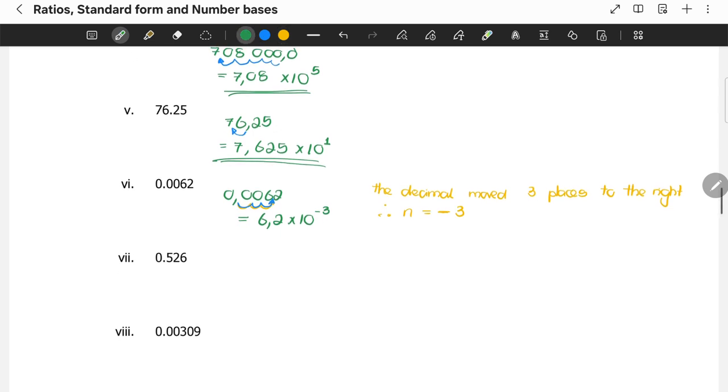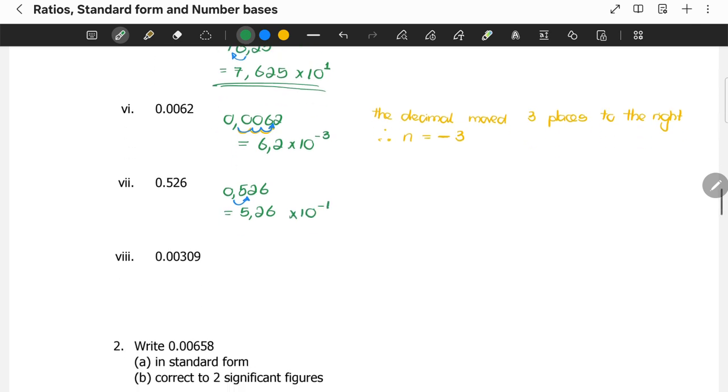And we have the same case for 0.526. Again, our decimal has to move 1 place to the right. So we're going to have 5.26 times 10 to the power minus 1. Right. And same for this one,